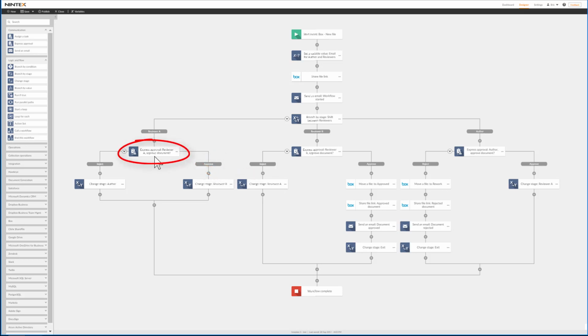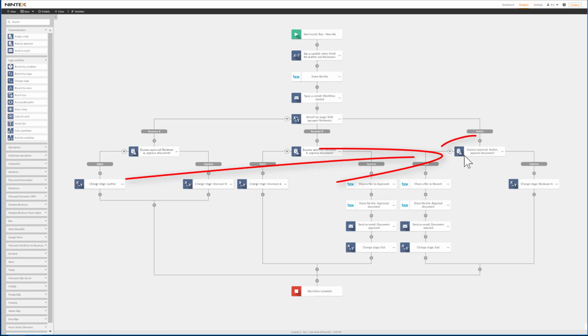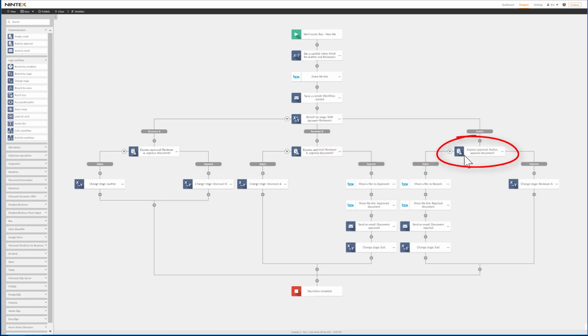If reviewer A looks at that change from B and says, yeah, he's right, that's a really good point, I need the author to rewrite it, they reject also, and it goes over to the author. Again, remember, location left to right doesn't matter. It's where the change state action sends us. The author looks at it, and let's say they like the changes, so they do a little tweaking on the wording, they fix it, they send approve, it comes back to A likes it, they approve, it goes to B